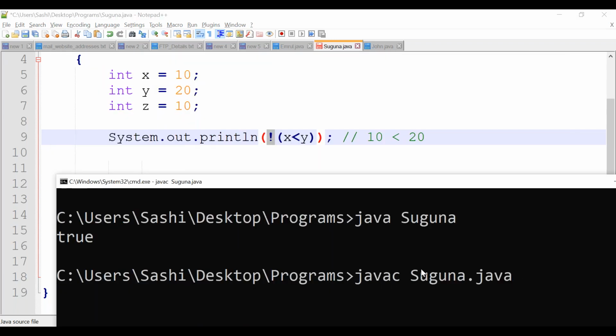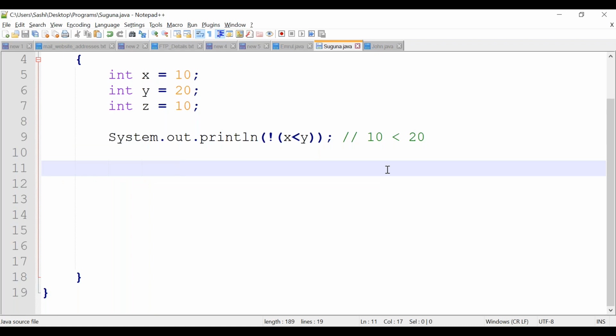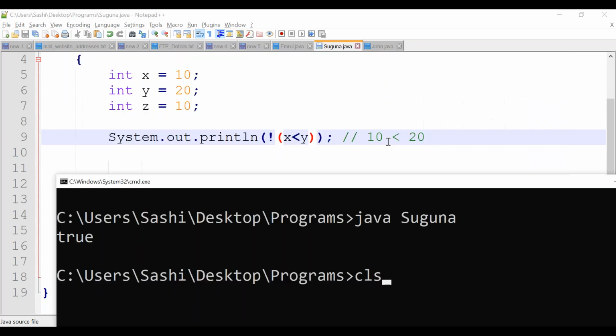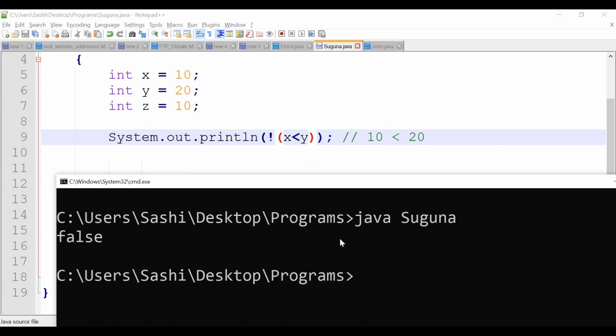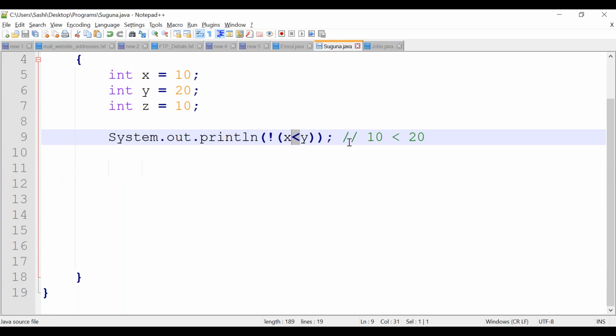Let's recompile. Sorry, let's save it. Okay. See here, it returned false, right? X is less than Y returns true, but you mentioned logical NOT. Logical NOT means it will return the opposite. Suppose I am mentioning the greater than symbol here.